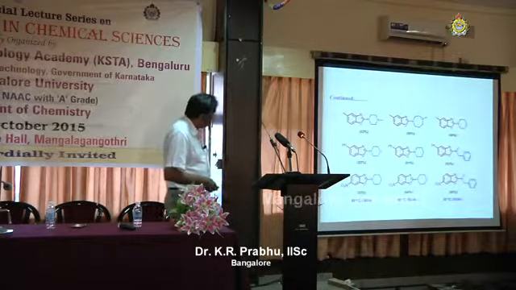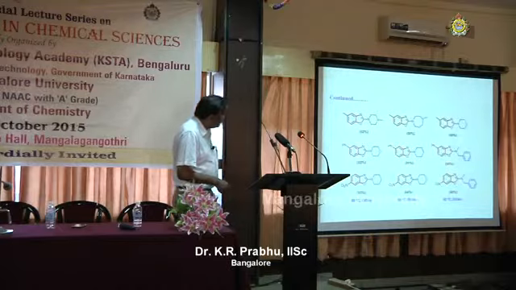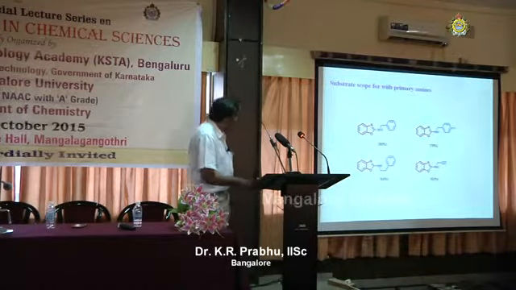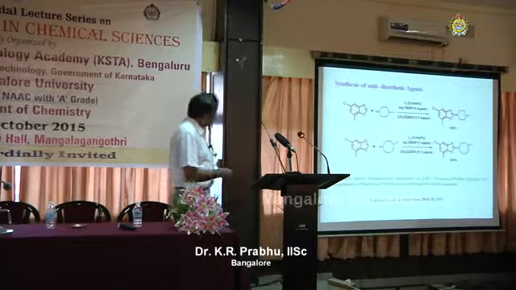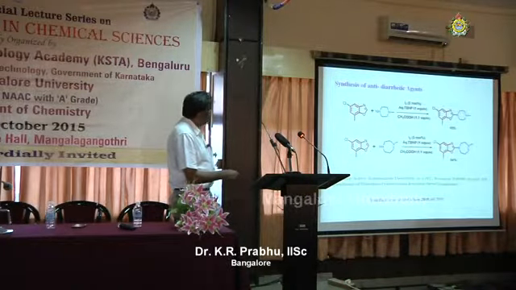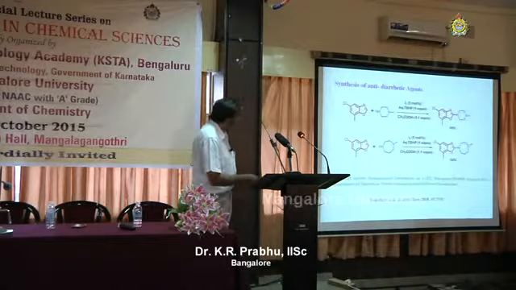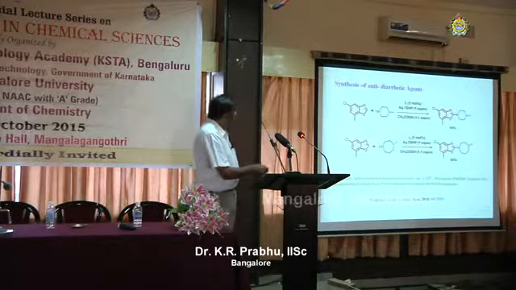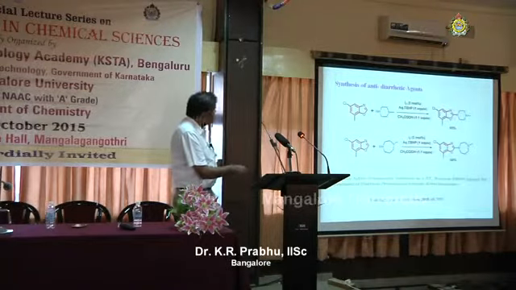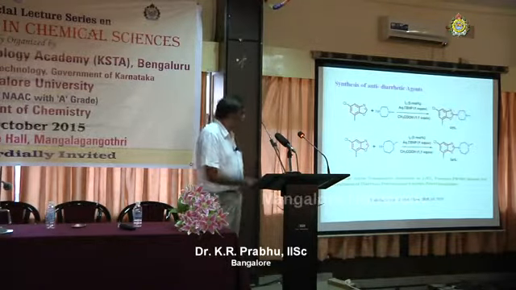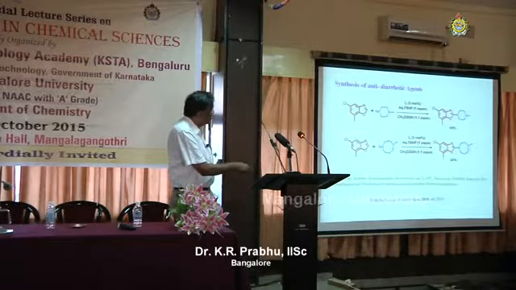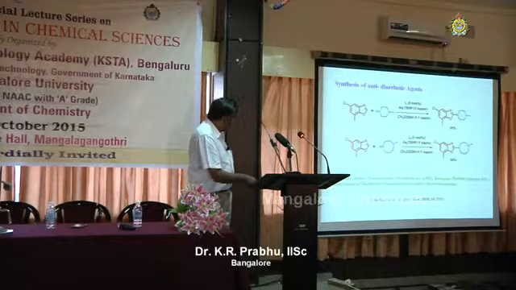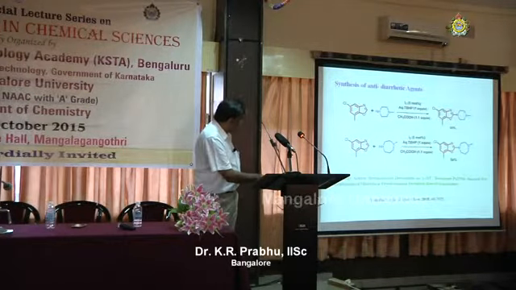We can see here, I don't want to bore you. There are some minor changes we have to make in some cases. And primary amines also work very well. The yields are pretty good. And as I promised you earlier, synthesis of anti-diuretic agents has been accomplished in one go. You have seen that this needs 5-6 steps, whereas you can take the oxazole and the corresponding amine, just set up the reaction with iodine and aqueous TBHP, and you are going to have your product in 95%, and that is what Manjunath has accomplished.